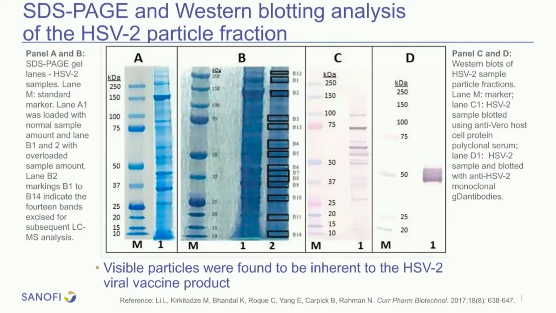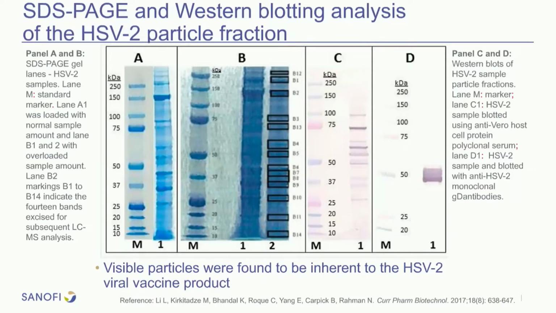On panel A, you see the marker in the left panel, and then on the right panel, the run. And then we collected different fractions. But the point is that each band after that was excised from this exact identical gel and used by mass spectrometry to confirm the identity of the proteins. However, one copy of this gel was used to proceed further to Western blotting, and with that we could confirm that many proteins come from the